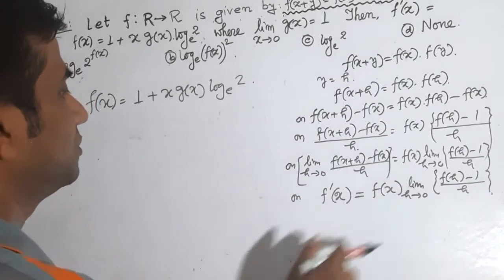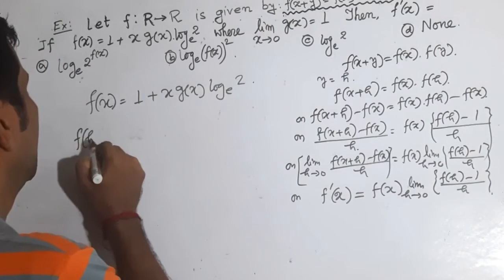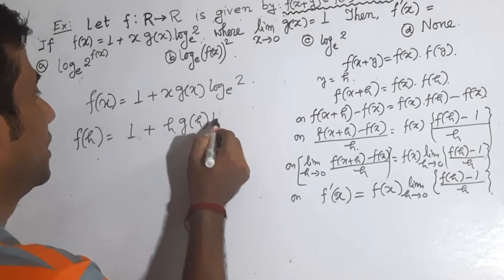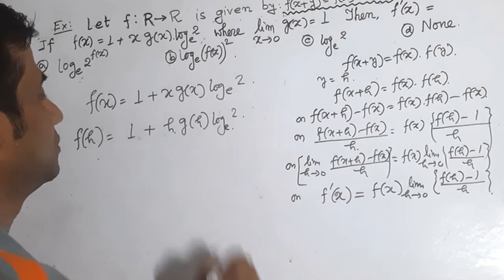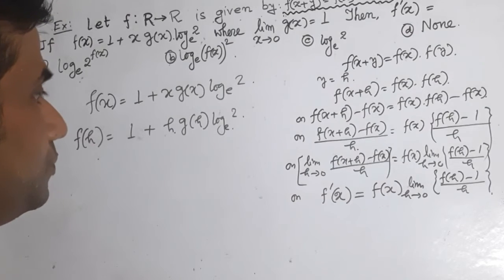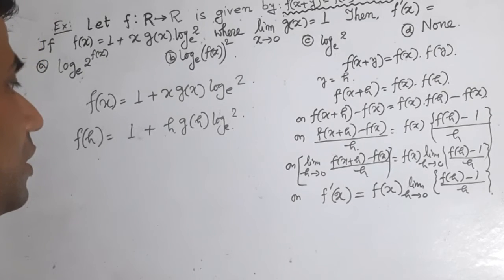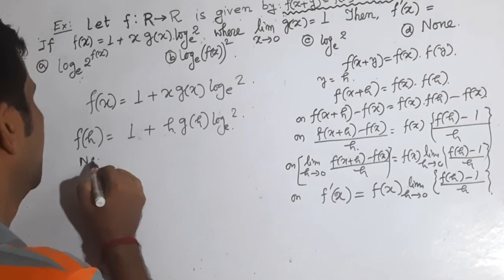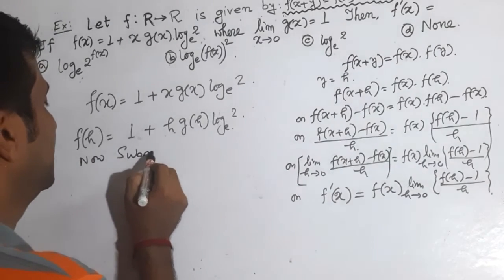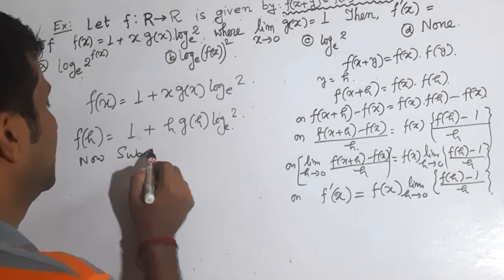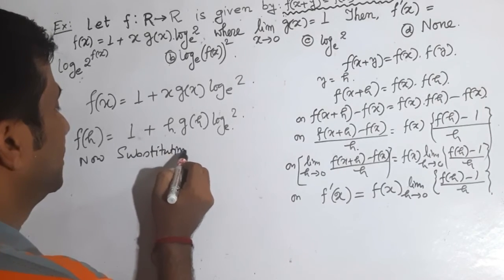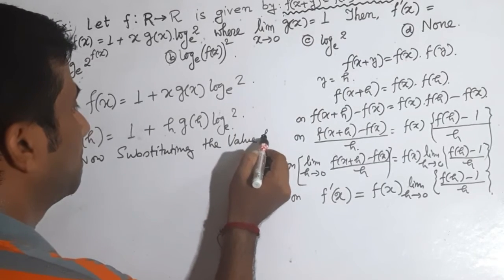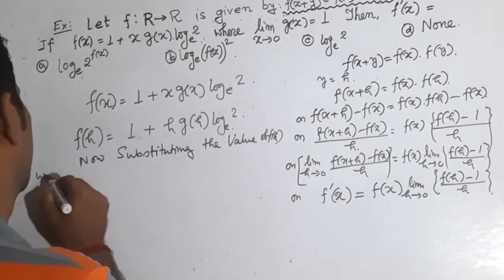Then f of h is equal to 1 plus h g of h log 2. Now substituting the value of f(h), we get